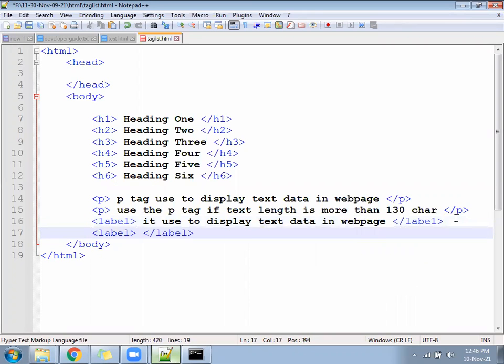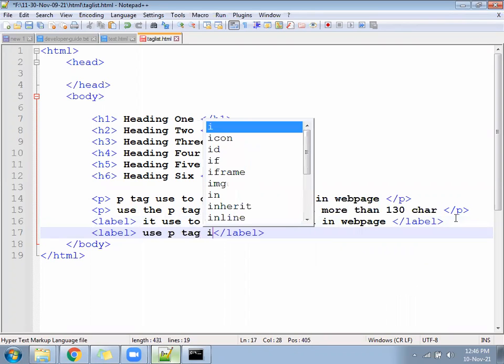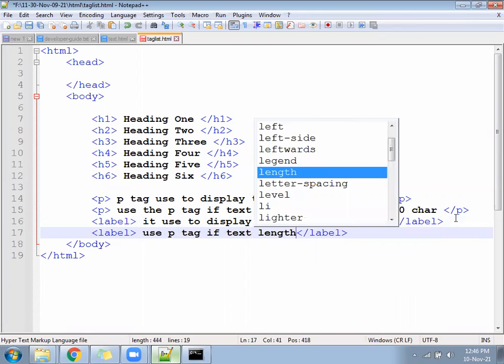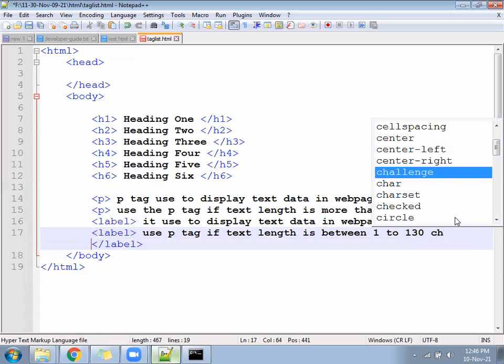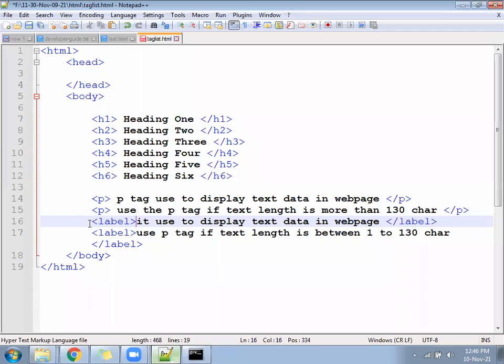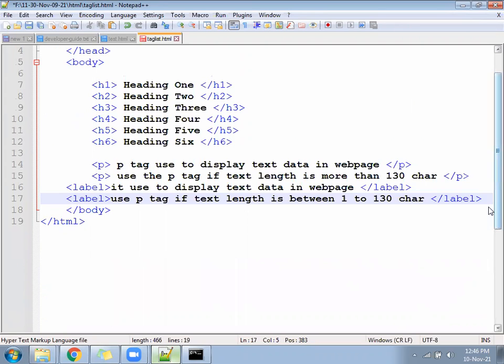You can say here, use the p tag if the text length is between 1 to 130 characters. For 1 to 130 characters, we will use the label tag. Not only label, we have some more alternate options. And for more than 130 characters, we will use the paragraph tag.